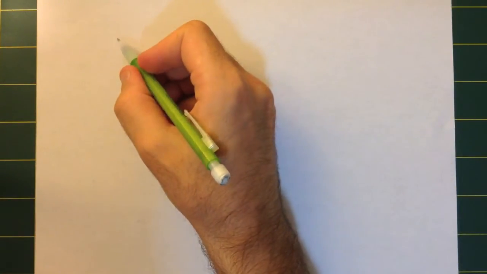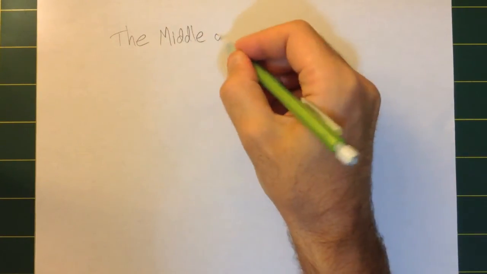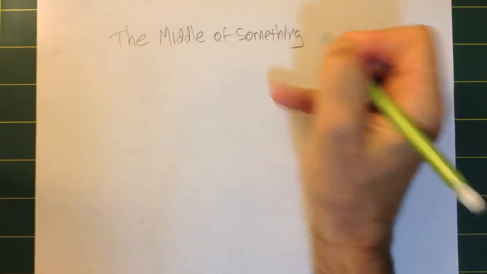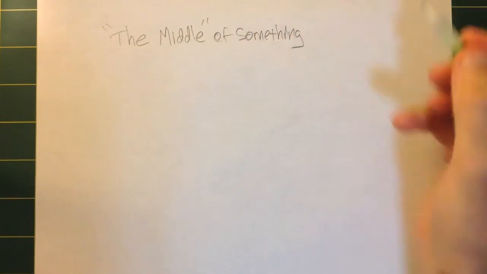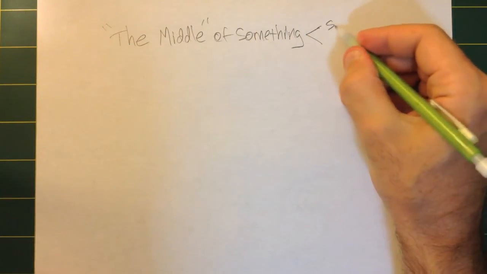Welcome to this lesson on constructions where we are going to focus on a really powerful skill, which is being able to find the middle of something. And that sounds kind of vague, but we're going to make it more specific in a moment. We're going to find the middle of two somethings. The first something is a segment,